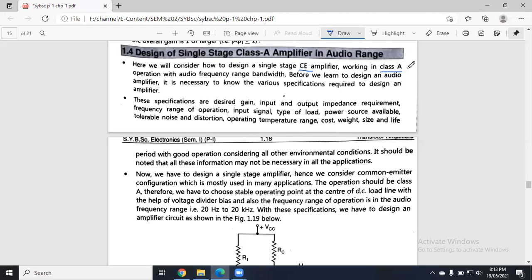After that, distortion is what? A difference in the output waveform. Ideally you are getting some kind of output waveform, and if noise gets added into it, your ideal waveform will get distorted, it will get changed, and that change is nothing but distortion. Operating temperature range: there are different operating ranges under different temperature conditions. We know the conductivity of material changes. Now we need to consider the material of the transistor or material of other devices which are used inside our circuit.